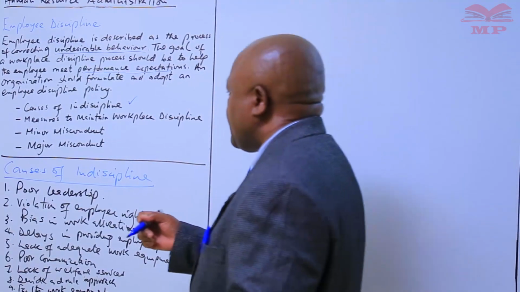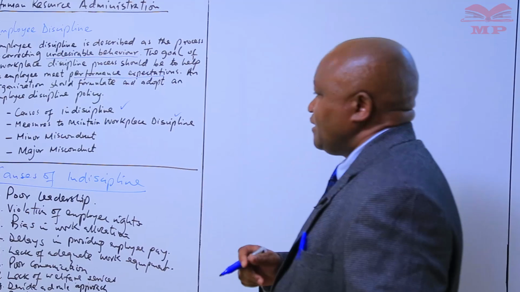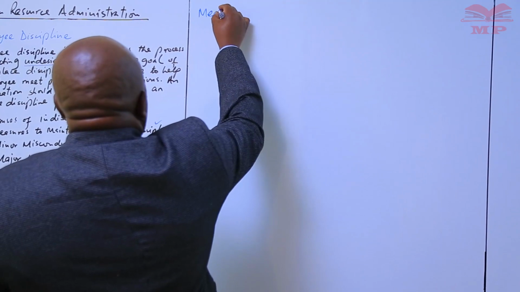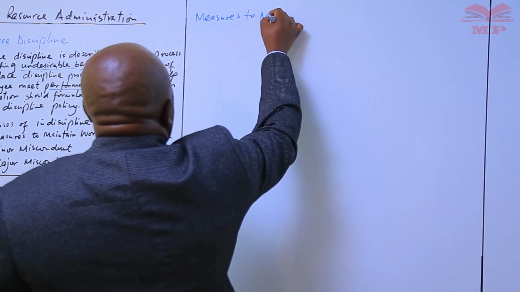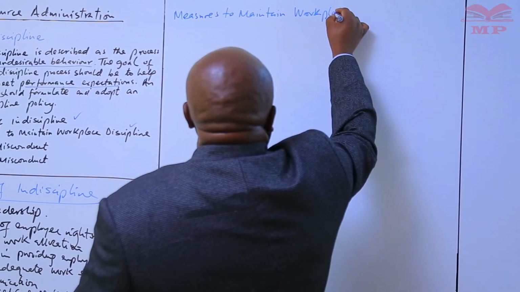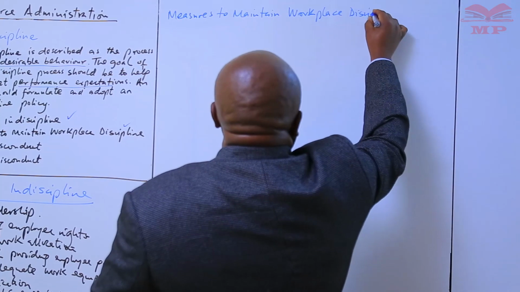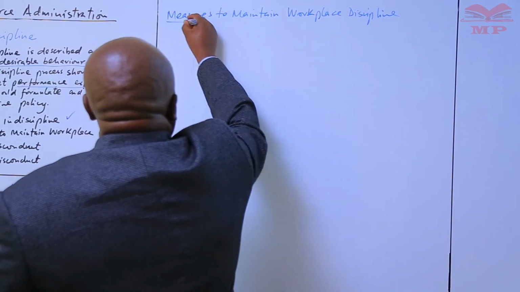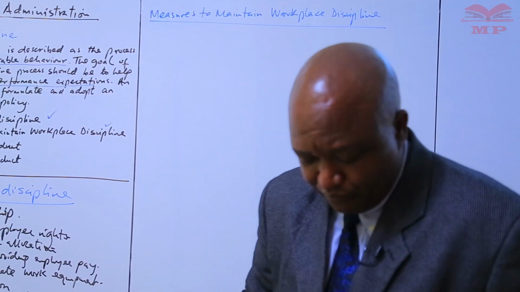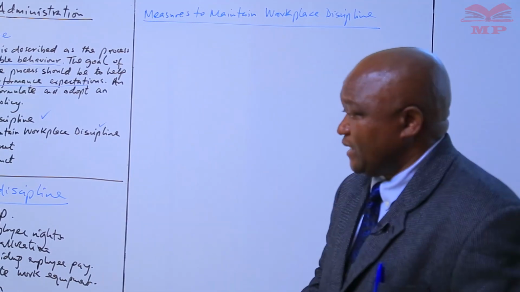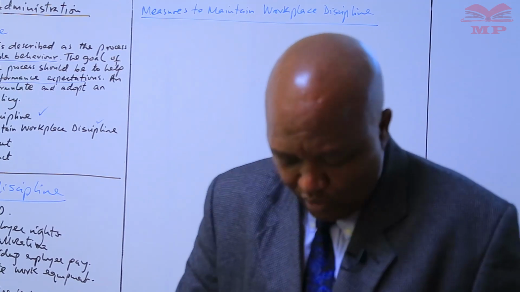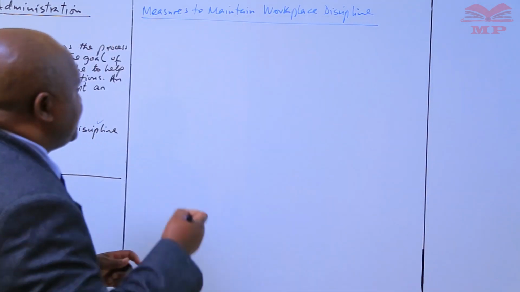So what are some of the measures to maintain workplace discipline? Measures to maintain workplace discipline. What are some of the measures that an organization may institute to ensure that it can maintain workplace discipline? One of them could be formulation and implementation